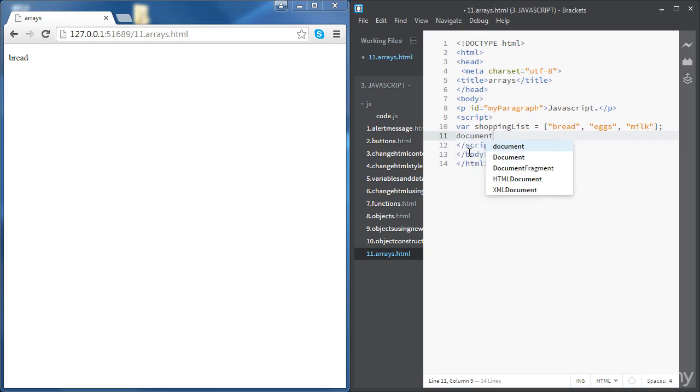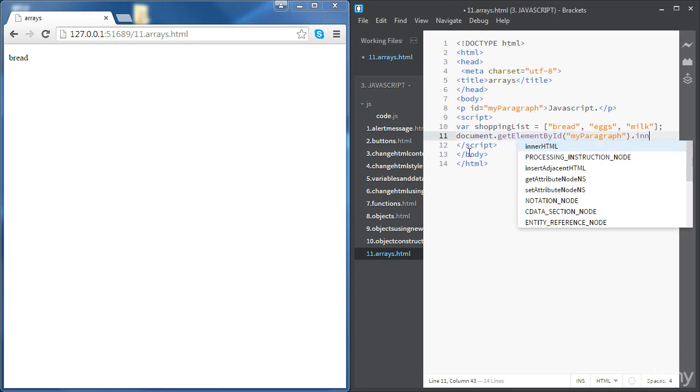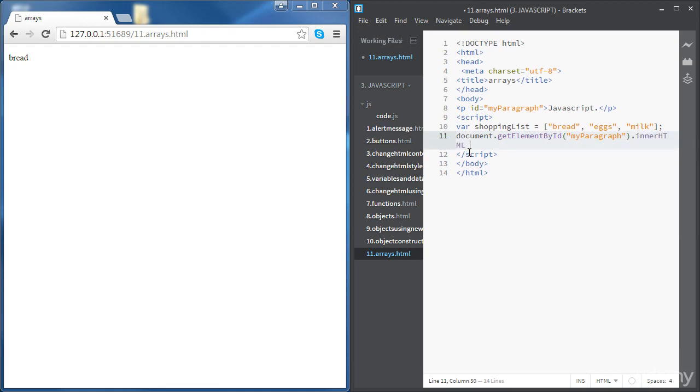We need to use the getElementById method, and we need to assign the value inside our innerHTML. All we need is the name of the array. So let's refresh the page,